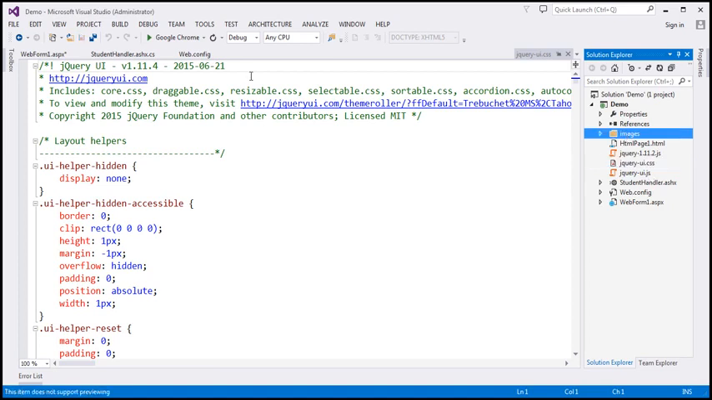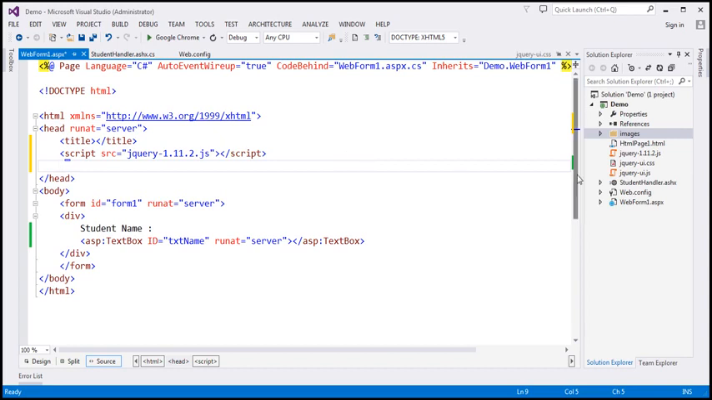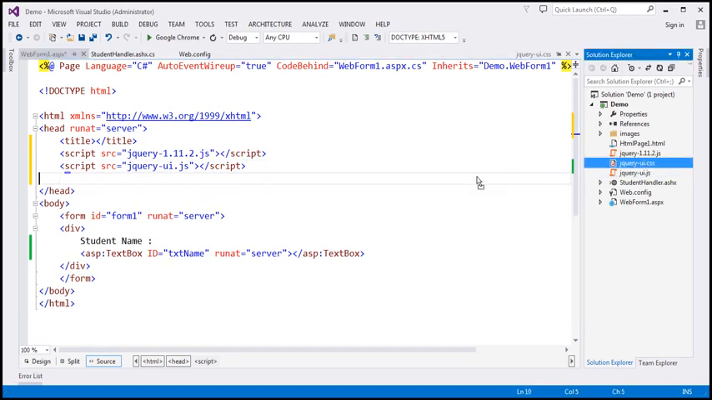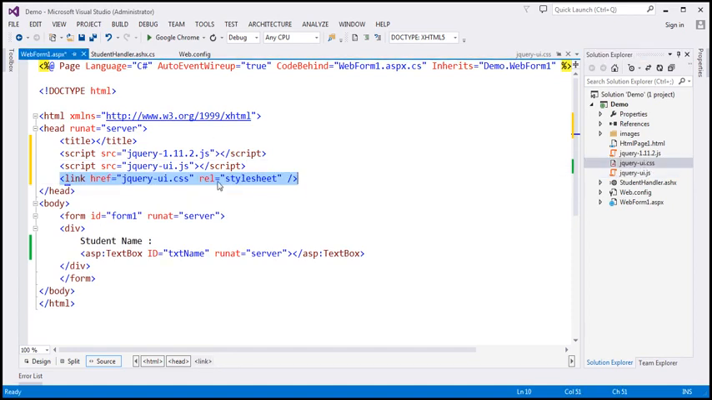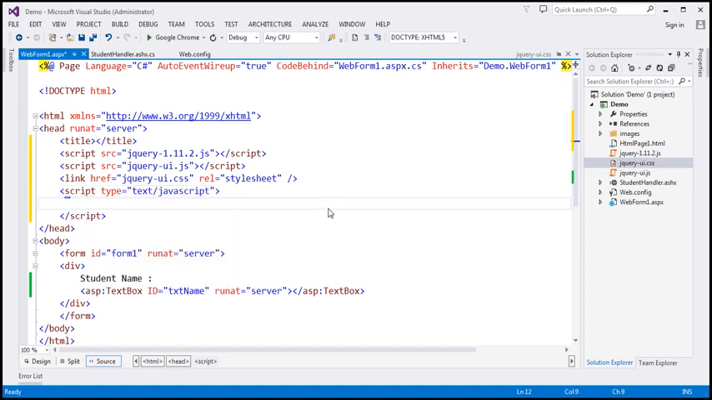Within our webform1.aspx, at the moment we have only referenced the jQuery script file. In addition to that, we also need the jQuery UI JS file and the jQuery UI CSS file. So those are the three things we need. And let's include another script section here. So script type equals text/javascript and